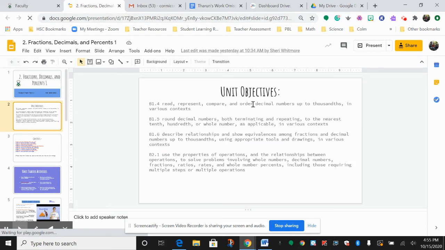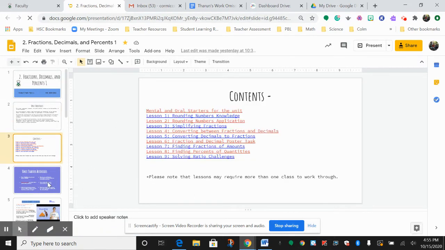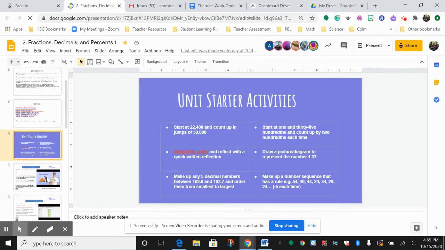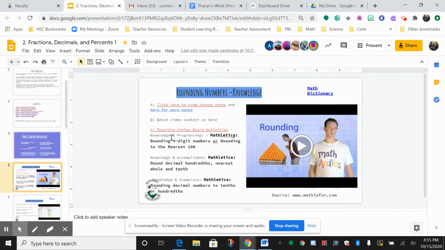This has an outline of the key objectives the students will be learning in this unit. The contents page lists some of the mental and oral starters we'll focus on for the next number of lessons. That's the 2 or 3 minute starter activities. And then we have a breakdown of the lessons, and it typically is an ABC format, whereby A has a